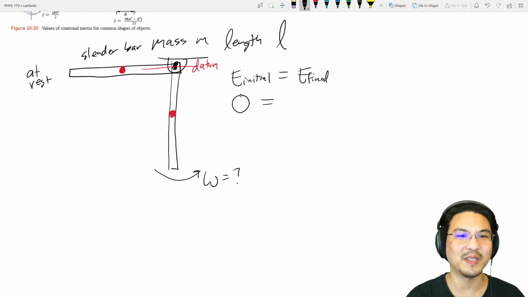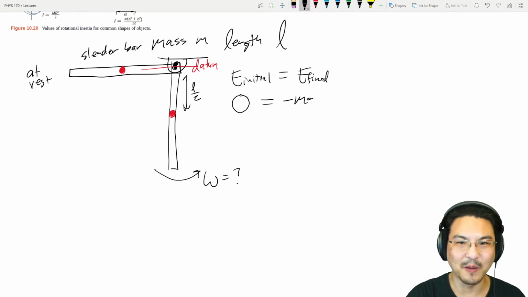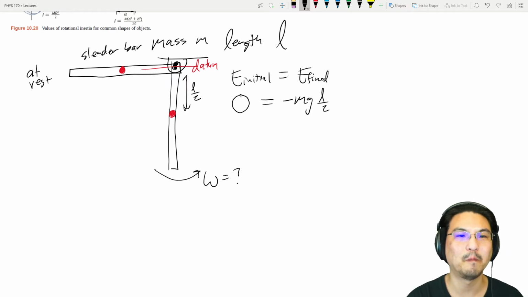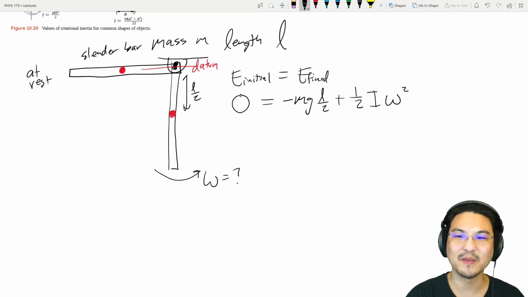Okay, so now, final. Gravitational potential energy. We're now below the datum by this much, so it's negative mg L over 2. How about kinetic energy? Kinetic energy is 1/2 I omega squared. But what is I? That's the moment of inertia about over here where it's rotating,